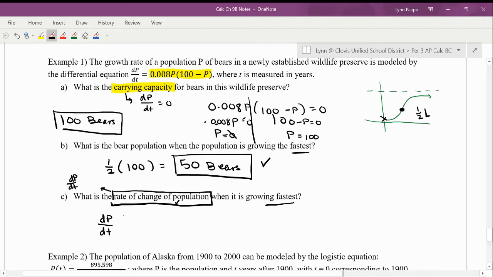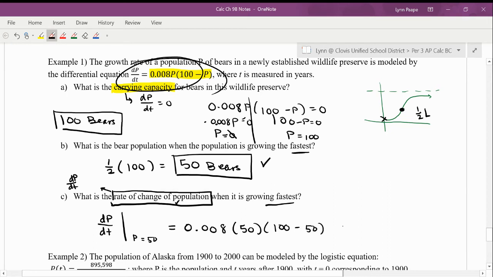Being a little lazy there. So that would be at 50 bears, so that would be p equaling 50. And so I'm going to use this equation right here and then just replace p with 50. So that would be 0.008 times p being 50 and then 100 minus 50. And so that would be,